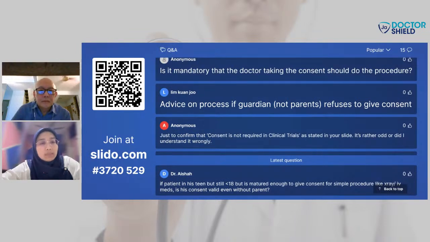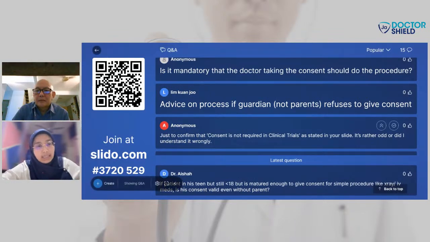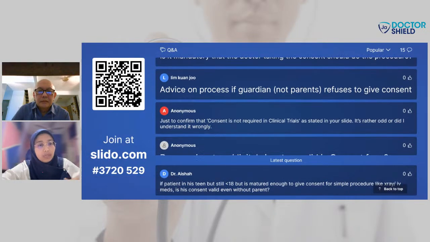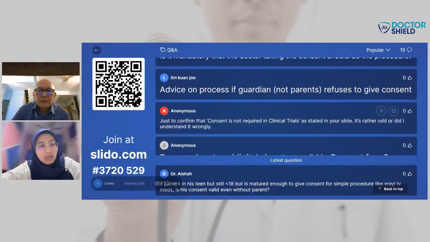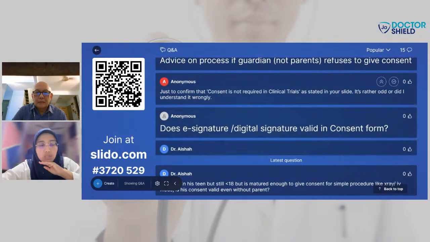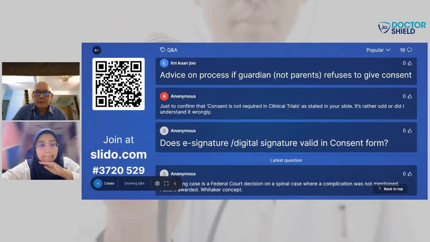So all this must be properly documented and noted in the medical record, because we wouldn't know 5 years down the road whoever decided to sue for whatever reason. So we know at the end of the day that the record is there from 5 years ago or whatever. So there's no such thing as that particular record entry being tampered with, or someone just adding entries in the medical record just to explain that particular matter.